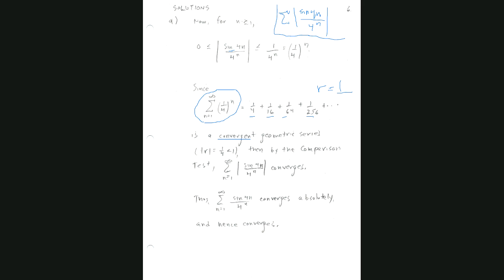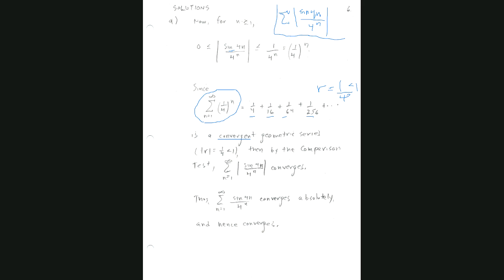So the common ratio is 1/4. It's a little bit big, sorry. And that's less than 1, right? So therefore, it is a convergent geometric series. And there's a formula to get the sum of that convergent geometric series, but I'm not interested in that right now. Okay. The fact that I do have a convergent geometric series means then by the comparison test,